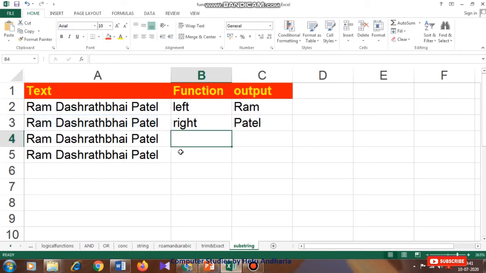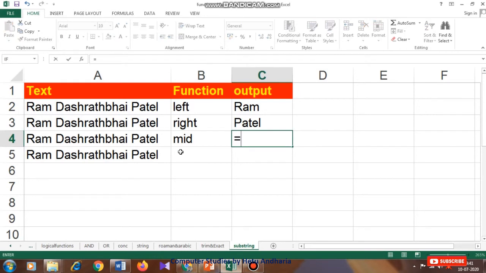Now we come to the mid function, and for that is equal to MID. The mid function will take 3 arguments: text, starting number and number of characters. So I click here, comma. Now we want to separate Dasrath Bhai from here. So the D starts from the 5th character: 1, 2, 3, 4 and 5th.